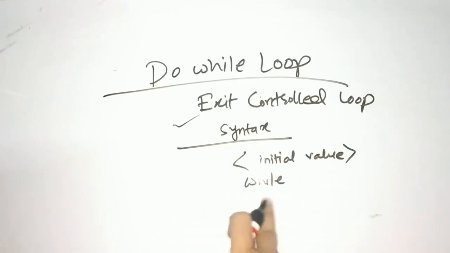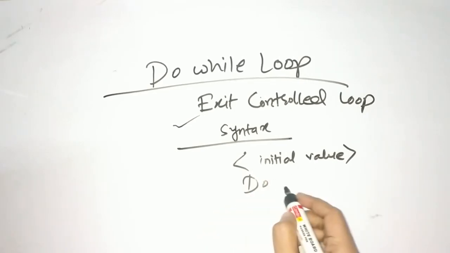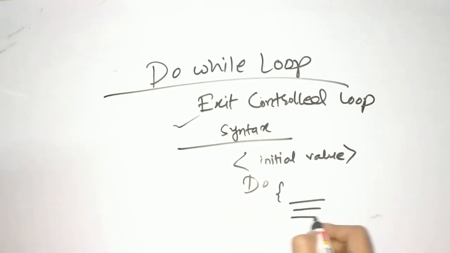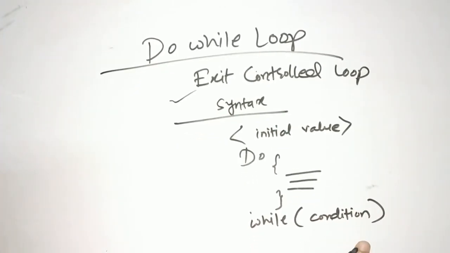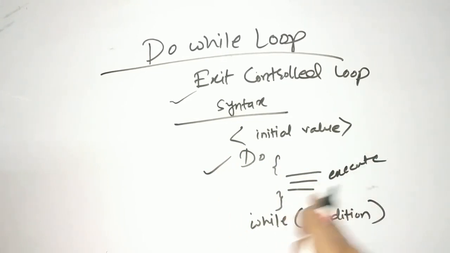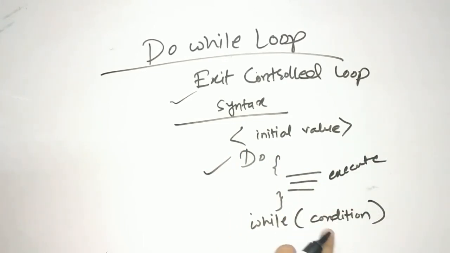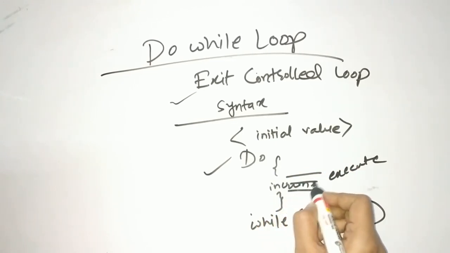Then here first of all we write a do. Do means we have to perform whatever statements are given here, and then here a while condition is given. This is the actual syntax. So the while condition will come at last, which means first of all it will do. Do means it will execute these statements, and then the while condition will come, and in the do itself the increment is given. Here the increment is also there.